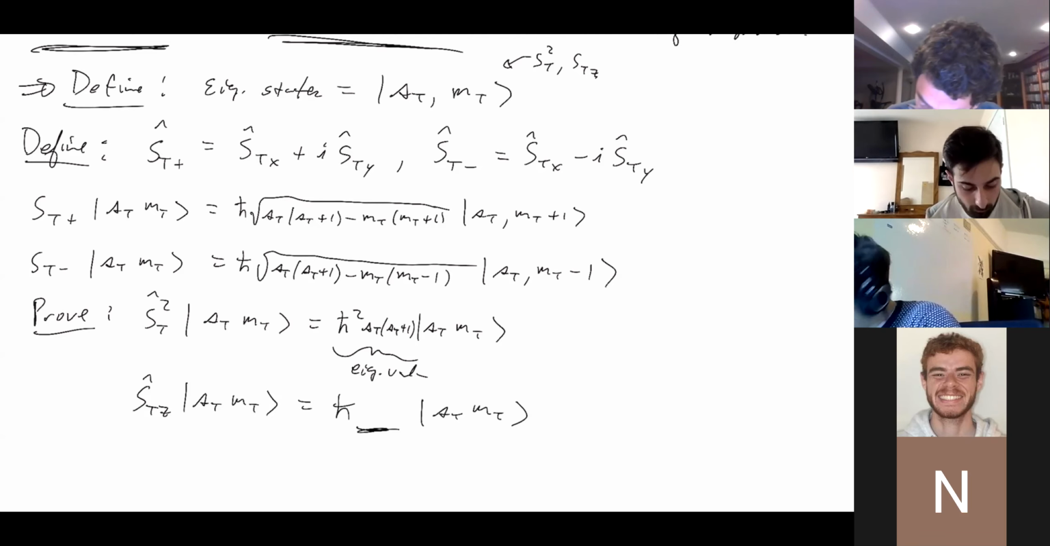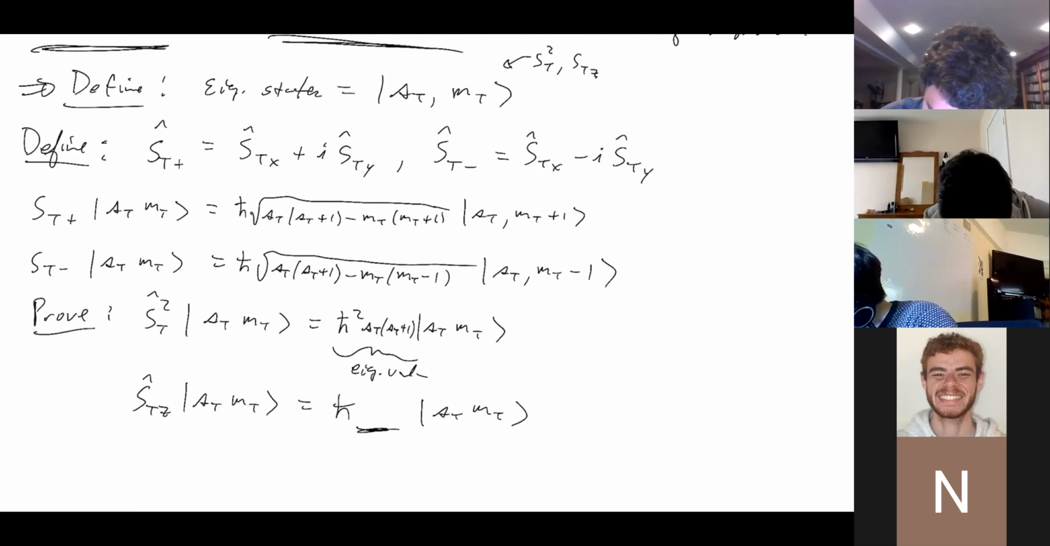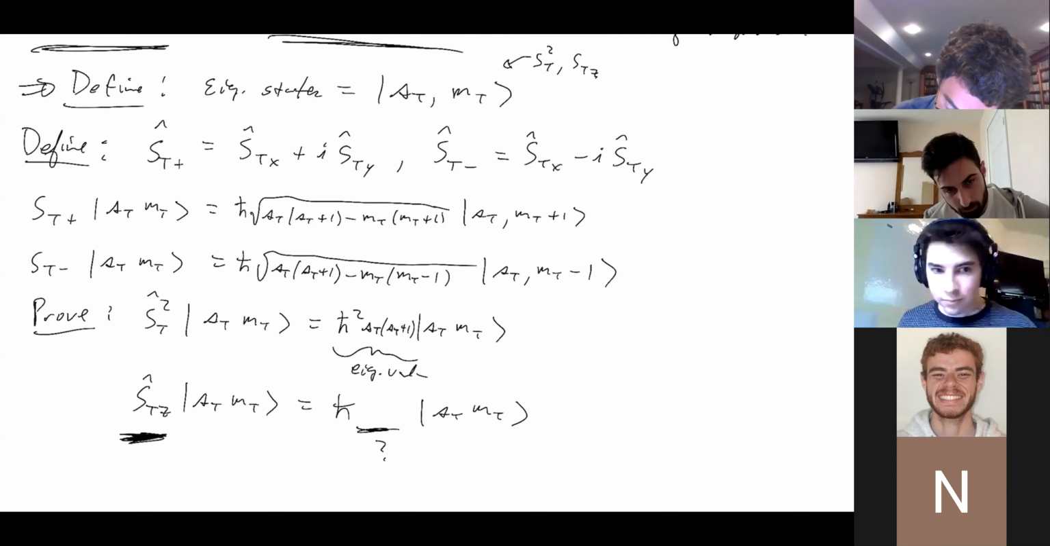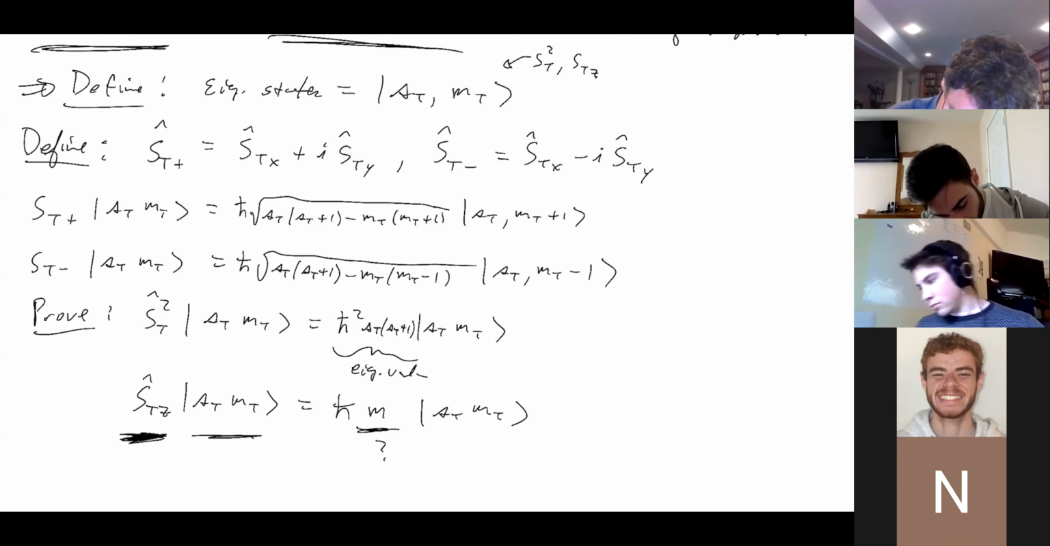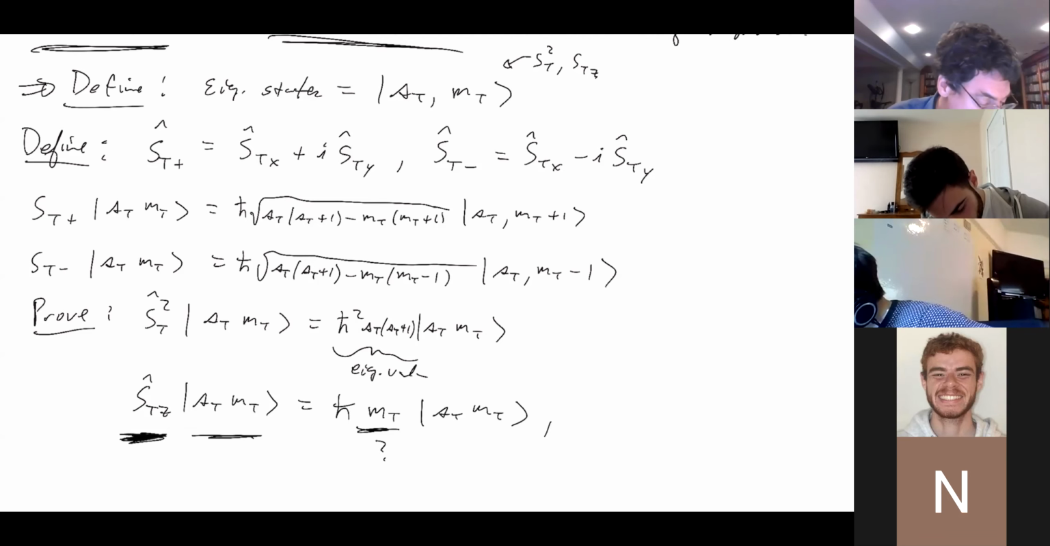H bar times what? The square root. No, because this operator, the Z component operator, hits the eigenstate. Yeah, M, then M. Exactly, M total. Where the value of M